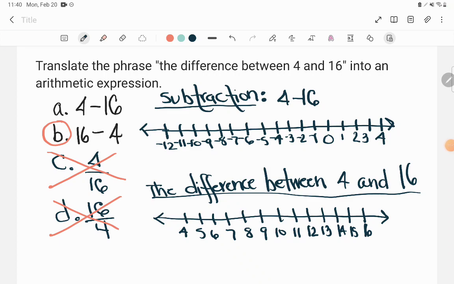So if I'm just plain talking about subtraction, if I don't use the word difference or the word distance, and I simply tell you to subtract, for example, in the expression 4 minus 16, the communication here is to start at the number 4. Start with 4 items. So we'll start here at the number 4. And then this 16 isn't like going over to the number 16, right? This 16 is how much we're decreasing by. So now I'm saying decrease by